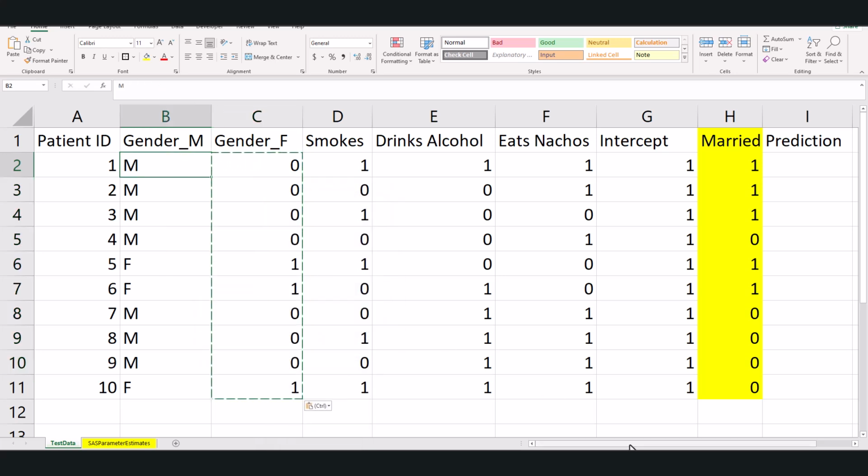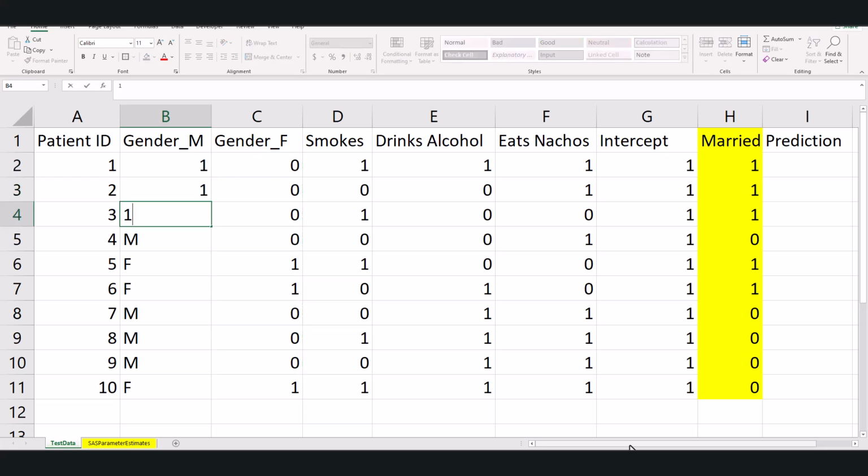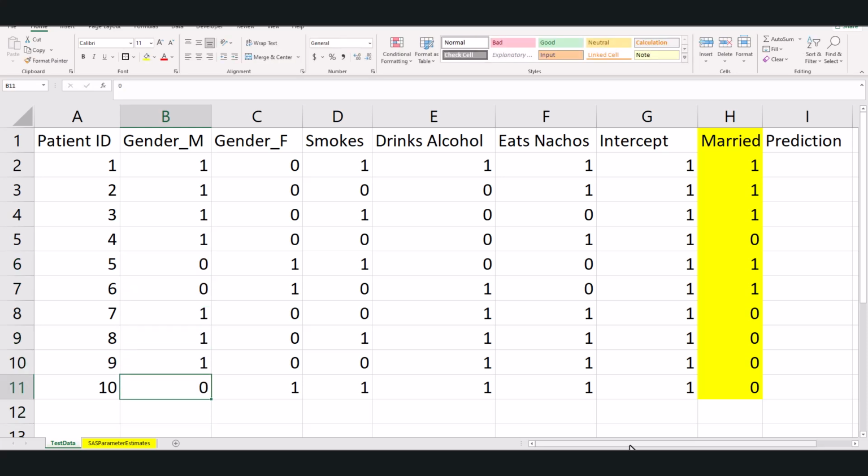And over here, again, many ways to do this. We could do that if statement again, but I'm just going to go through 1, 1, 1, 0, 0, 1, 1, 1, 0. You have to figure out the way that works for you and your data set. If you want to do if statements, you want to do Control F. Be very careful how you do this, but know that you have to do this. Okay? Next,